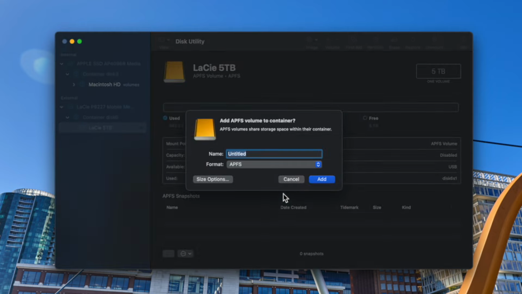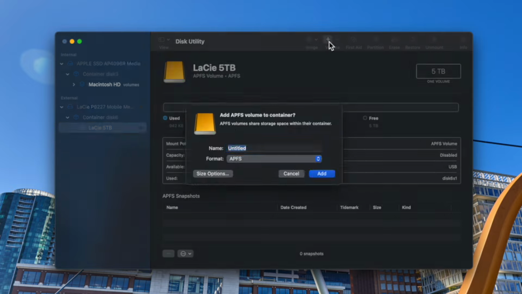If we go back to partition, click the plus sign, instead do volume. This is going to be the same thing as the other window that we just saw by going up to the top as well. You can get to the same end result either route you take, but just know that we're looking to create a volume, not necessarily a partition. So when you create a volume, the biggest difference is that a volume can expand if needed. Unlike a partition, where once we created that video partition, we could never make that partition larger. We could only make it smaller.